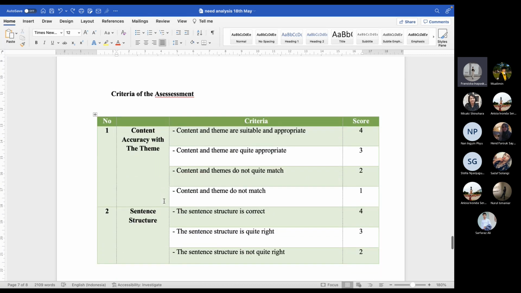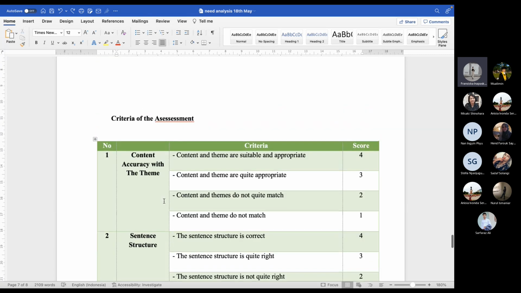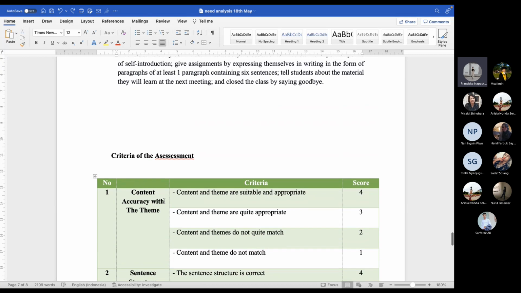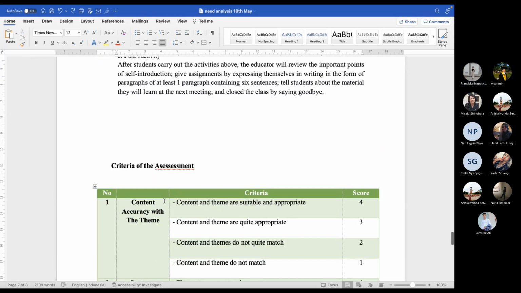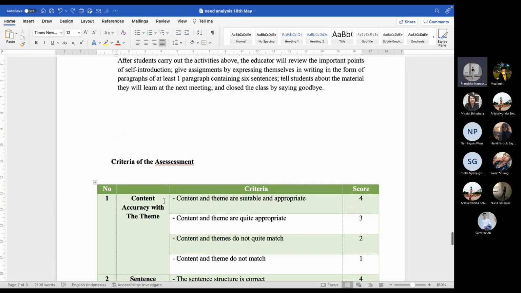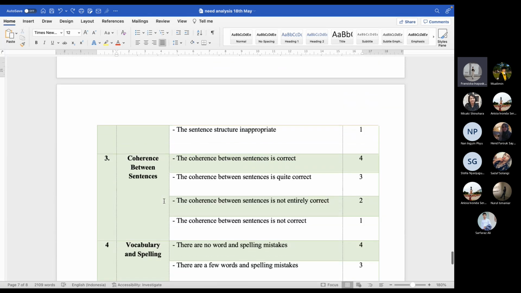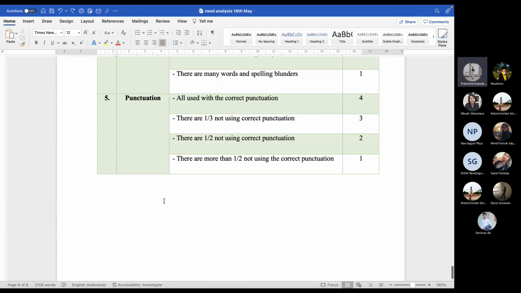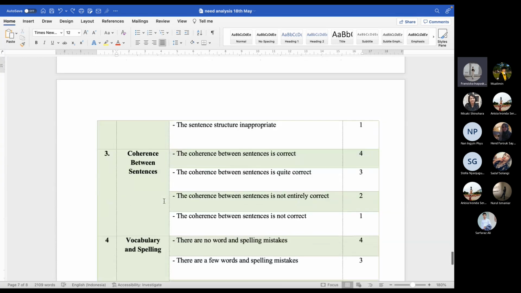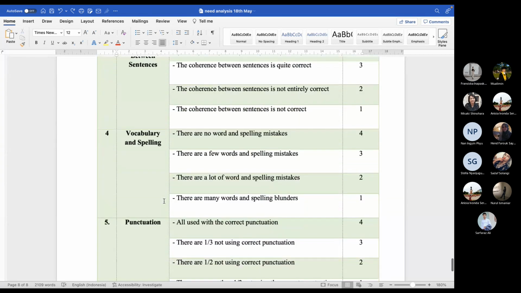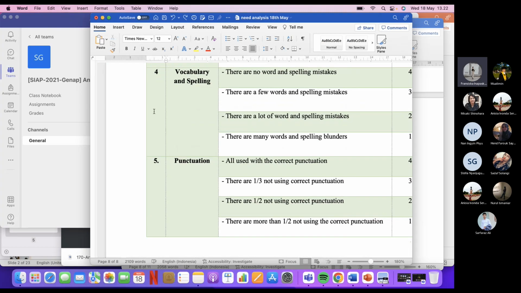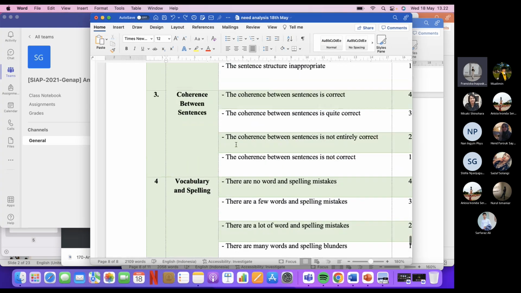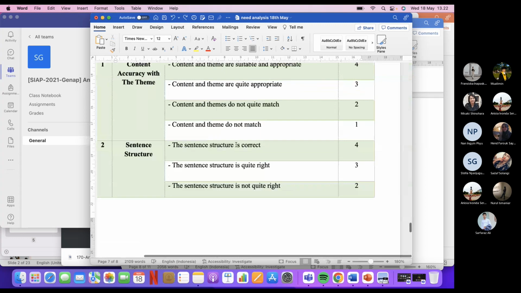So this is the criteria of the assessment: I told them to make one paragraph introducing themselves containing 6 sentences. So this is the criteria. So that's all, sir. Hello, sir. Yes, that's all, sir, from the lesson plan.